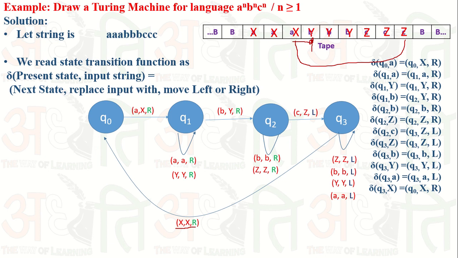So what I did, if I get a y, what does the function say? At state q naught, if I get a y, we move to the state q4 and y remains y and move right. So if it is over here, we simply move right. So we find the next y again. So we move to the state q4, y remains y, and move right.